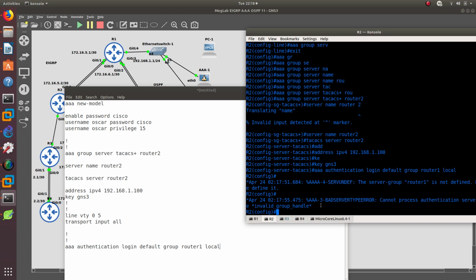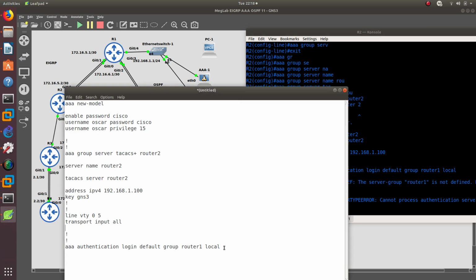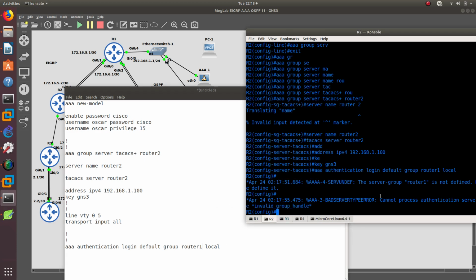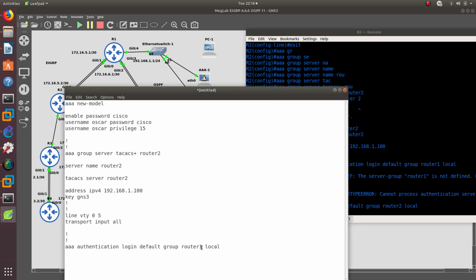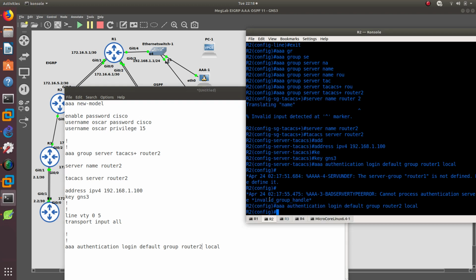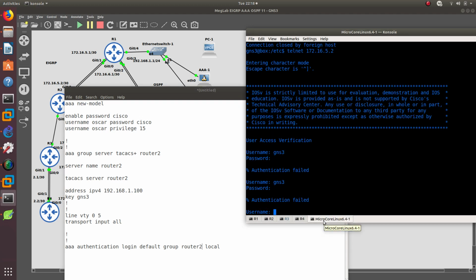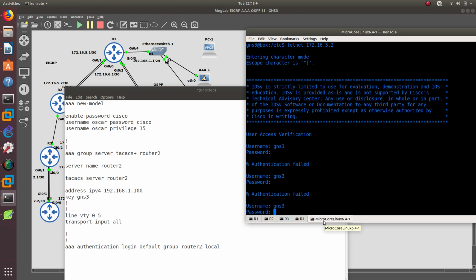Invalid handle. Bad server type error. Interesting. Let's go ahead, because I put router 1. This one is supposed to be router 2, actually. That's why you need to edit everything over here. Now if we go to the micro GNS3, GNS3,